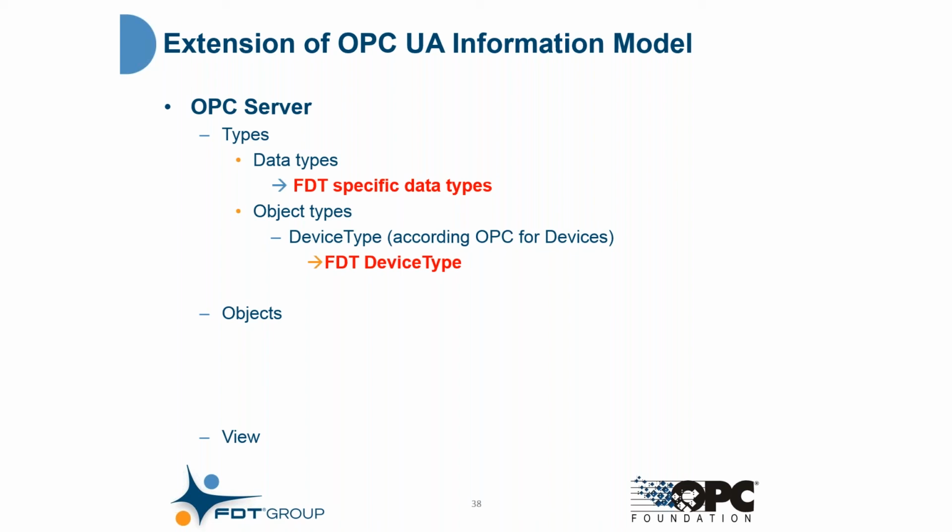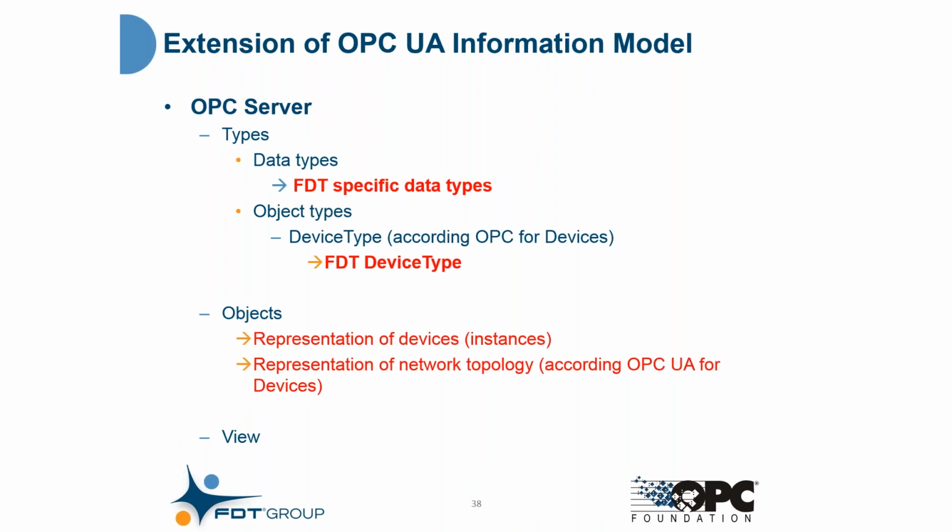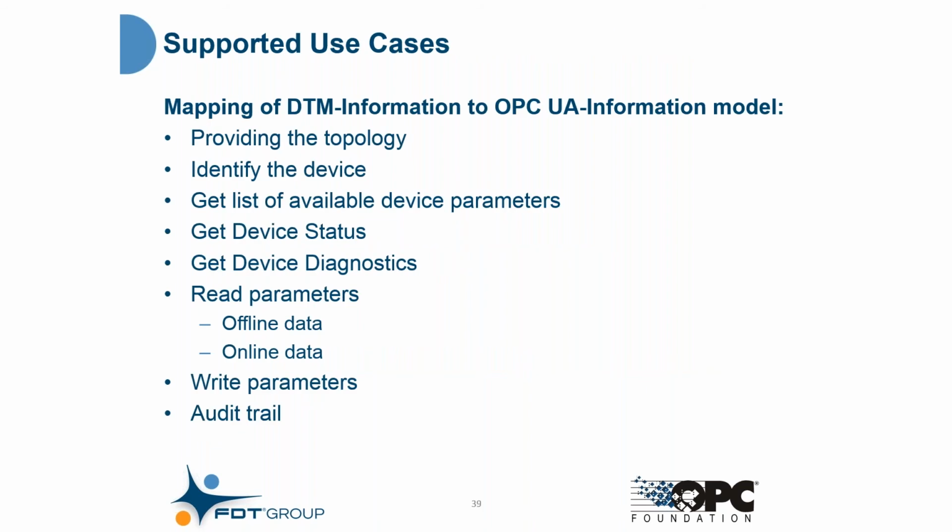We defined an FDT device type as a base for device types represented in DTMs. And then we defined a way how a device would be represented in the object space. And for representing of network topology, we are using the OPC UA for devices definition. So basically, when looking at the use cases that we support